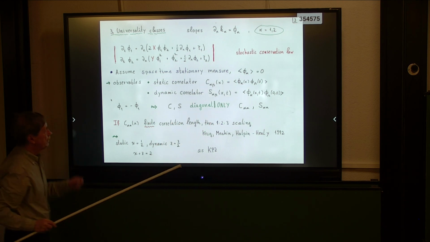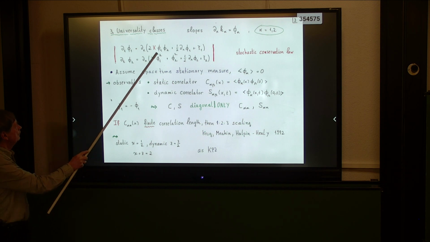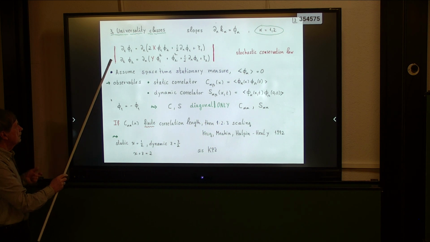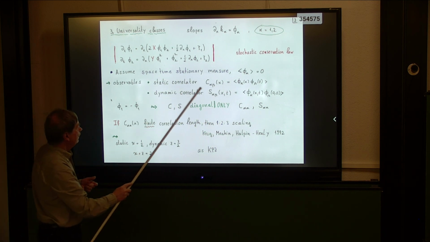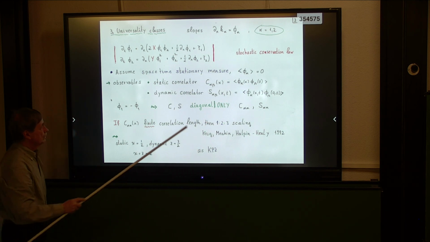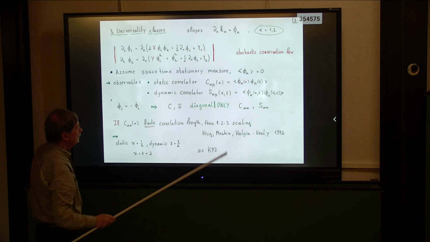This is now, of course, a 2x2 matrix. Now we have a symmetry. If I put phi1 to minus phi1, then stochastically it will be exactly the same. Therefore, the off-diagonal elements of this correlator are actually disappearing. So I only have the phi1 and the phi2 and